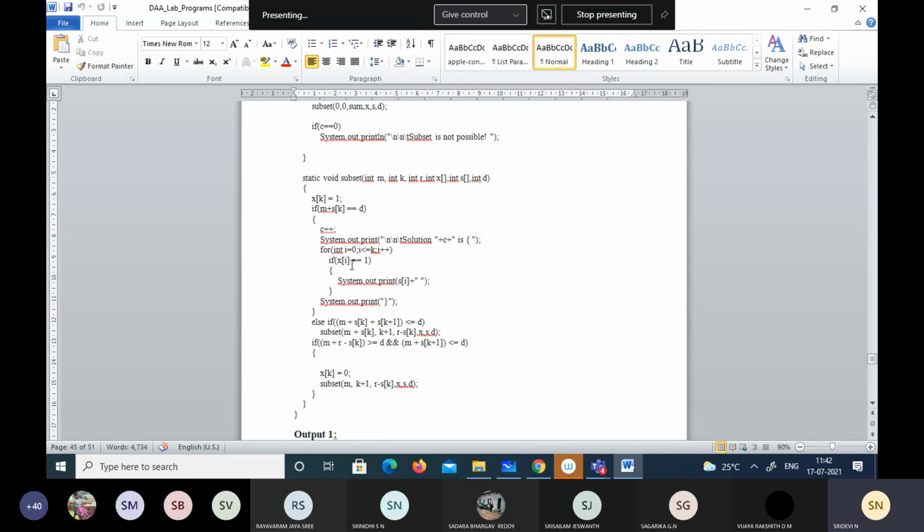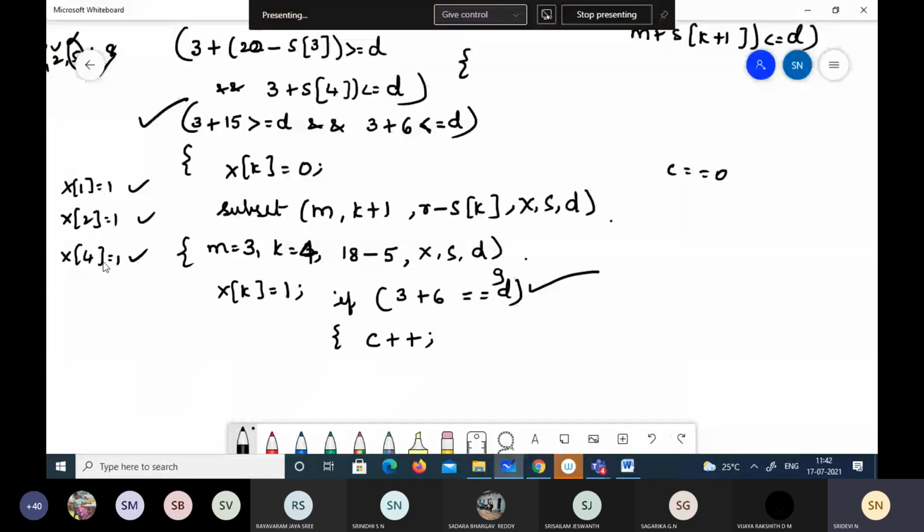That's it. So x of 3 is not equal to 1 because it is not a part of the solution. Hence, it will not print that. Again it goes. K value is 4. So x of 4, is it equal to 1? Yes, according to this, x of 4 is equal to 1. X of 3 is 0. See here. X of 3 is 0.